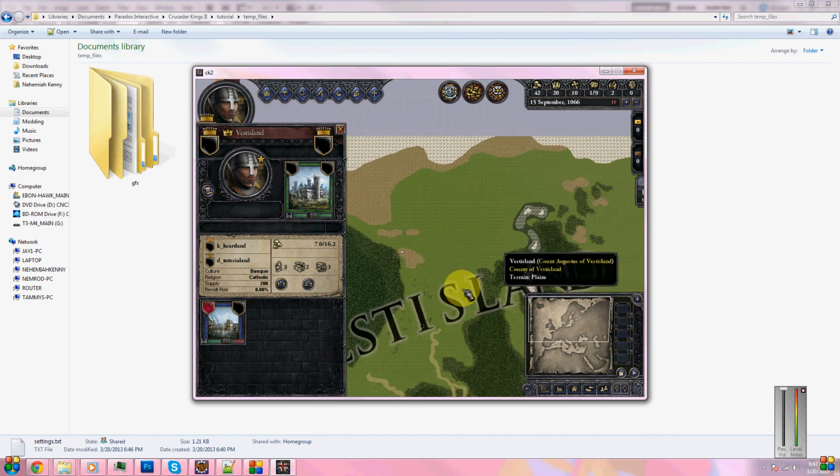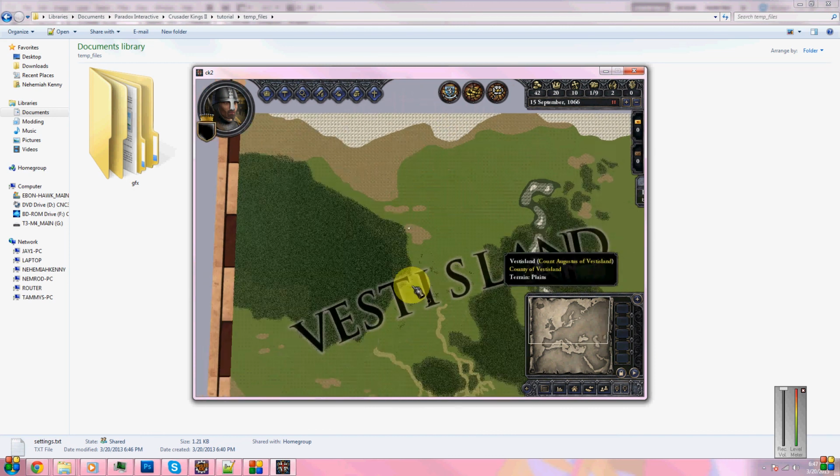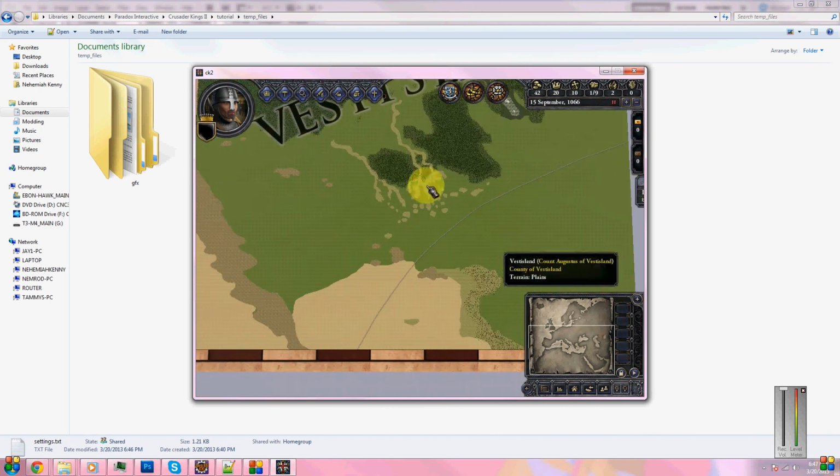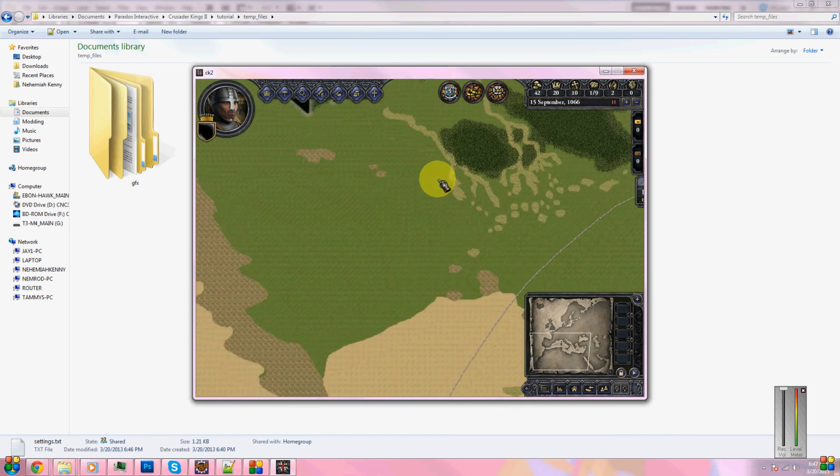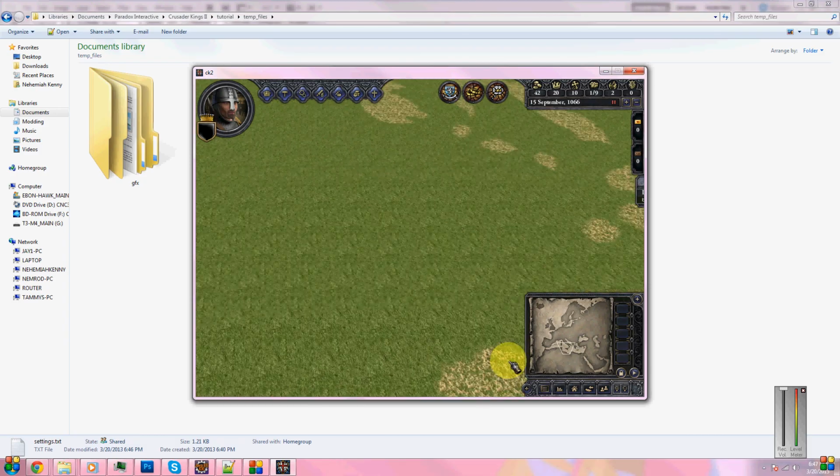So, that is how you create a custom map. That is every step. Of course, this is not very pretty at all. I'm curious where my